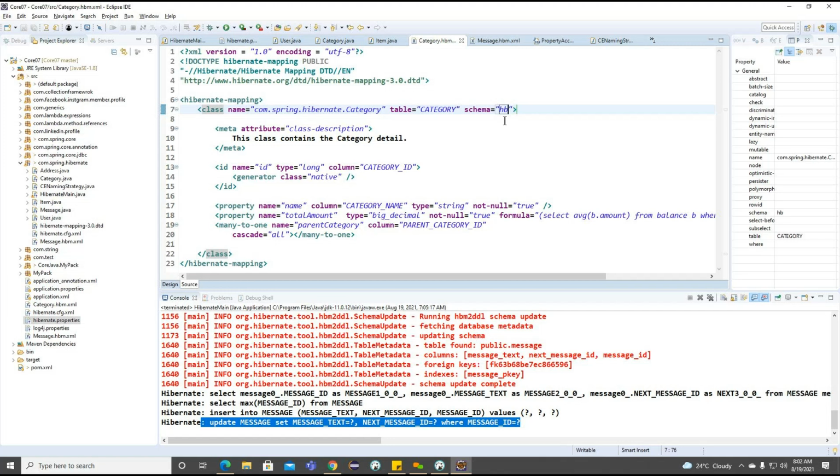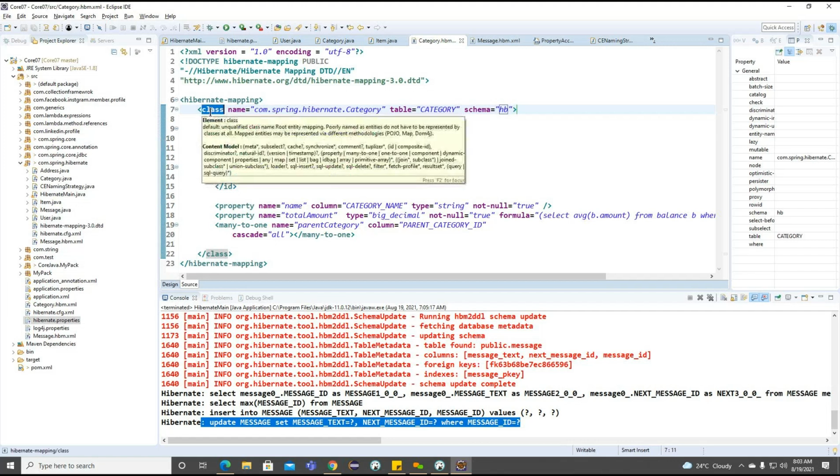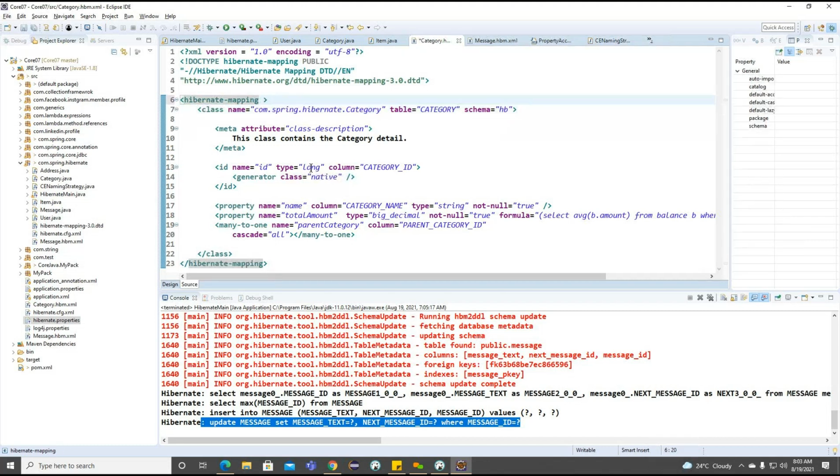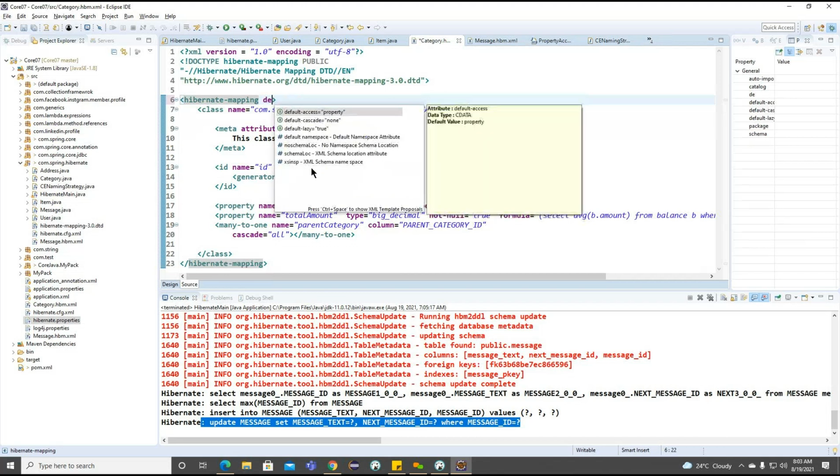And so we want to work on the default schema, not at the class level. I want to provide the default schema for the entire Hibernate mapping here. So here we can go for the default access. What happened here? Access. Maybe the default schema, I think they removed it here.